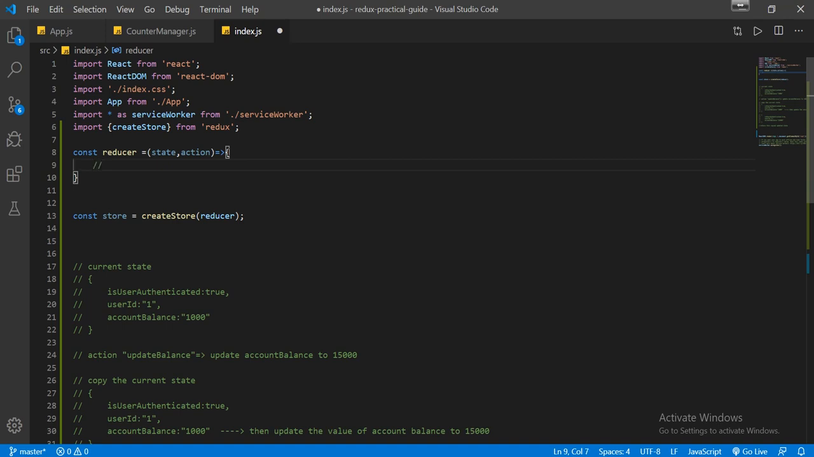Whatever is returned by the reducer is stored in our store. So this is the first fundamental concept. Whatever thing is returned by the reducer, that is going to be stored in our store. So